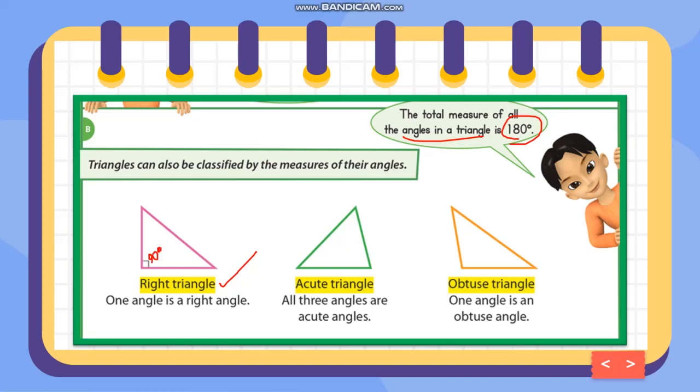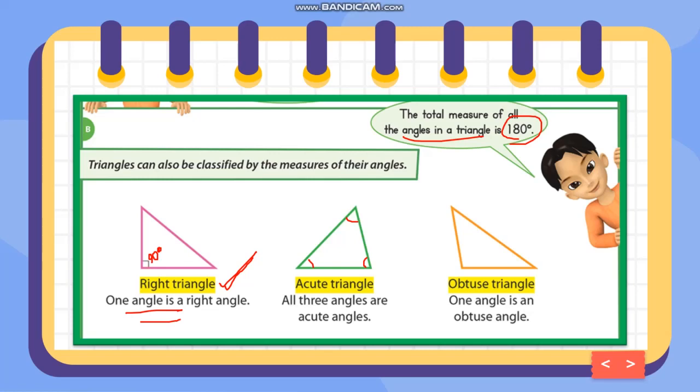So if there is one right angle, or if you see a 90 degree angle, that is considered a right triangle. An acute triangle, if all angles are acute, and when we say acute, it means all angles are less than 90. So if all angles are less than 90 degrees, that is what we call an acute